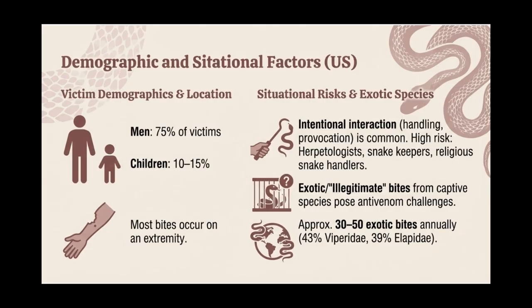Illegitimate snake bites caused by deliberate handling or provocation of a snake or by a captive snake pose a significant problem, especially in Western countries where hobbyists keep venomous snakes. These incidents frequently involve severe bites from exotic species for which appropriate antivenom may not be easily accessible. Sometimes, people are envenomed after killing and decapitating a rattlesnake, likely due to reflexes in the venom apparatus.